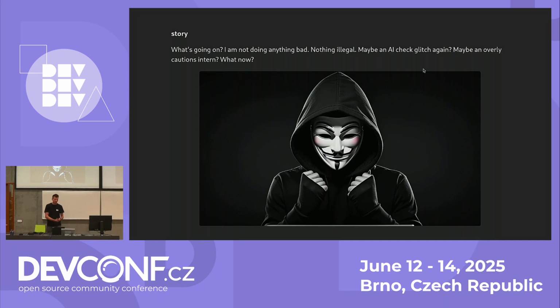So maybe there was a new AI tool introduced in a GitHub workflow, which just glitched and marked me as a bad actor in the system, which already happened to people, and you can find how that got resolved. Maybe just an intern was overly cautious about my software and was like, oh, I'm going to flag this guy because he's doing weird things. I don't understand them, so I'll just flag it. But what do I do now, right? What do you do if you can't use GitHub, if you can't use Google Docs?